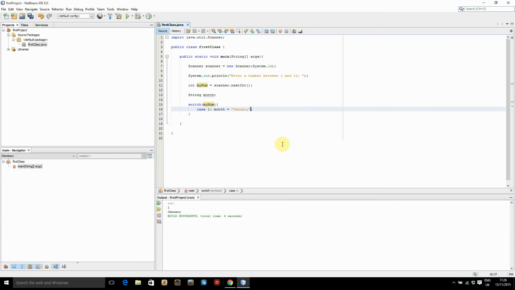January. Okay, and then we need to call break. So if it does equal 1, then we perform that code, month equals January, and then we break out of the switch statement. This means that we don't have to go through the whole switch statement even if you've found what the case is. Okay, so in the case that it's 2, the month will be set equal to